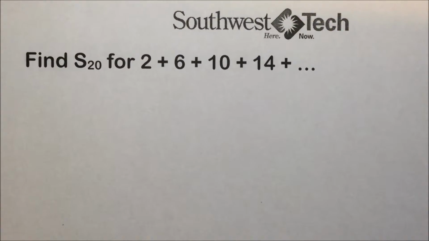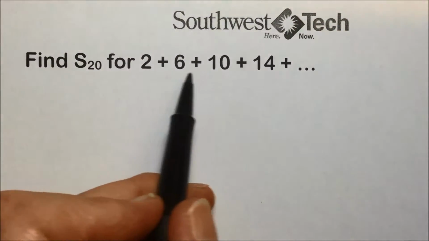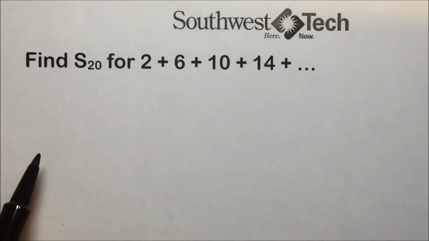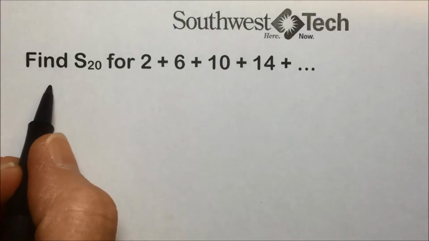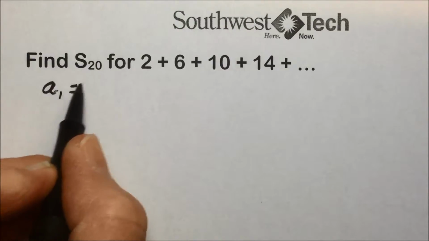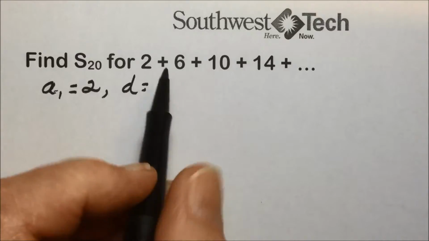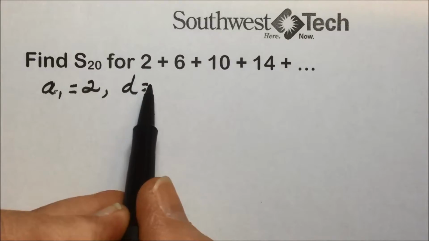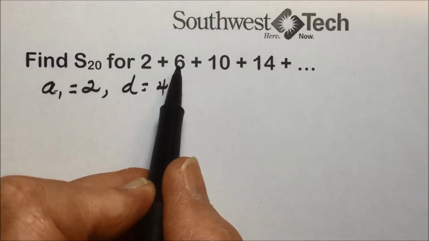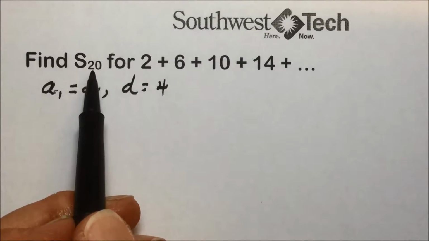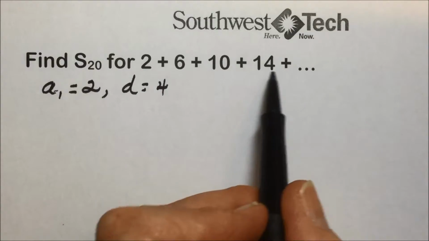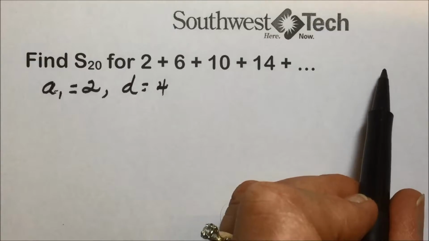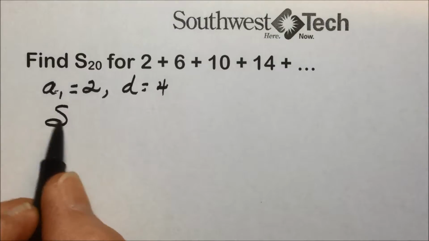Using that formula, they're asking us to find the sum of the first 20 terms in this arithmetic sequence. So, just to verify we have an arithmetic sequence, we can clearly see our first term is 2. Our common difference: 6 minus 2 is 4, 10 minus 6 is 4, and so on. And they want us to find the sum of the first 20. Well, we have two options. We can either generate all 20 terms by continually adding 4 until we have 20 terms, or we can use